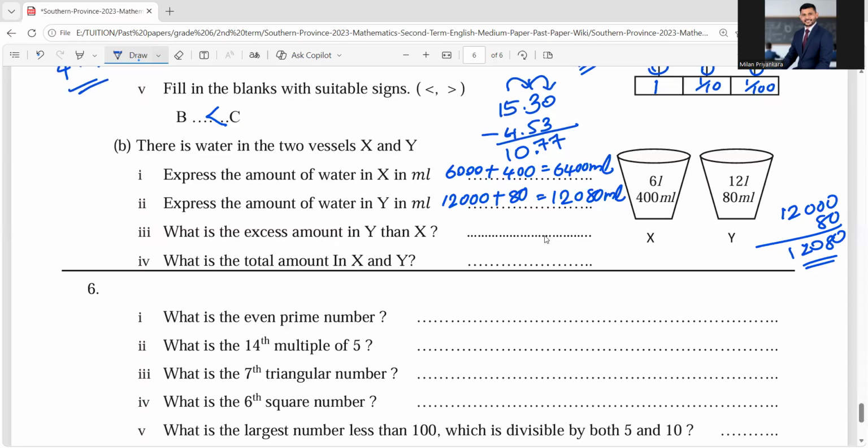Now this is how you get that. Fine. What is the excess amount in Y than X? That means the difference. You have to subtract that. 12 liters 80 milliliters minus 6 liters 400 milliliters. Then let's subtract. 0 minus 0 is okay. Here you have 0. 8 minus 0 is 8. Now here you have to take 1 from here. Then 10 minus 4 is equal to 6. Now this is 11. 11 minus 6 is equal to 5. Then your answer is 5 liters